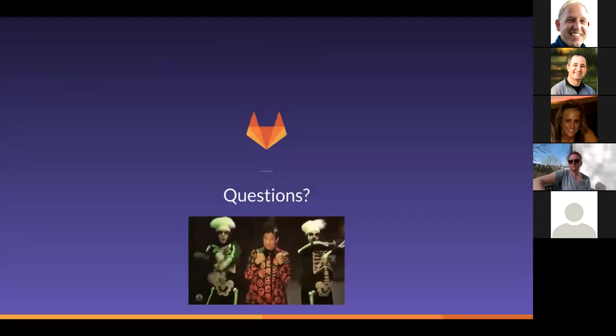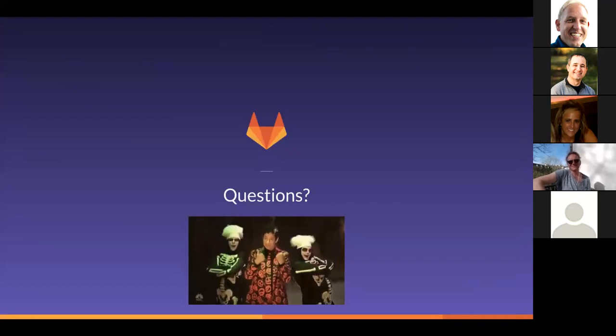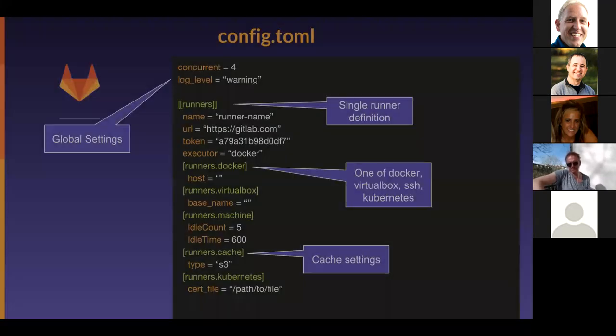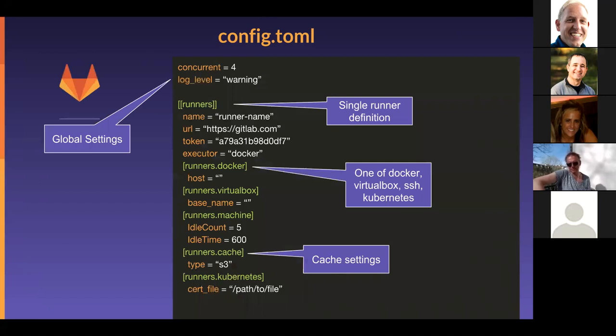All righty. So now the question is, any questions that I haven't answered already? One last question on the TOML file you just showed. You just mentioned multiple executors in there, but I think you just did that for example, right? Yes, that's just for example. Cool. But you could have multiple configs. You could register additional config files on that machine. Correct. You'd have one config file, multiple runner definitions.